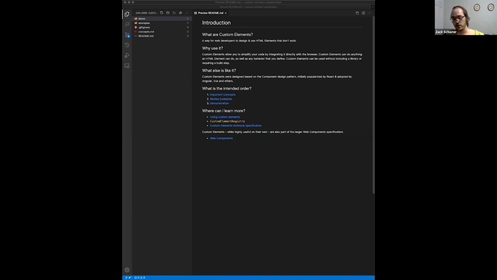And as I mentioned earlier, they're kind of related to React, in the sense that this is drawing on something called the component design pattern. The component design pattern, which, as it says here, was popularized by React and then adopted by Angular and Vue, and I think others like Ember, is that components are essentially saying, okay,